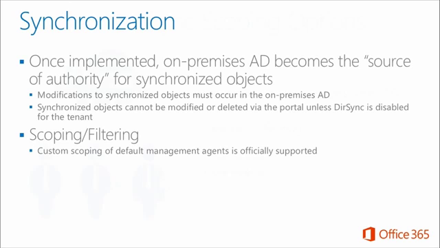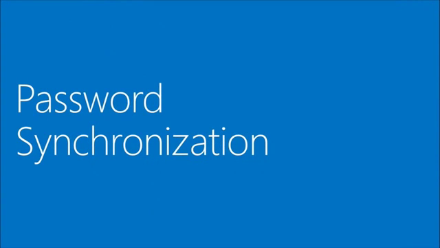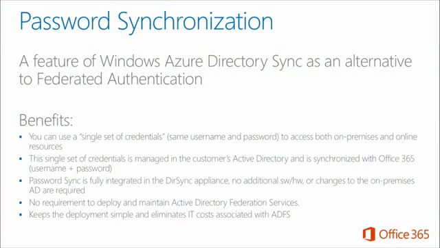And then from a scope and filtering, nice little graphic that shows, hey, take your guys with the tie but not the work tools, and only put them up. So your options are domain-based, user attribute, and OU, and you can really set aside what users you want to synchronize. Fantastic. To go a little bit deeper into password synchronization, as you talked about, it's a feature of